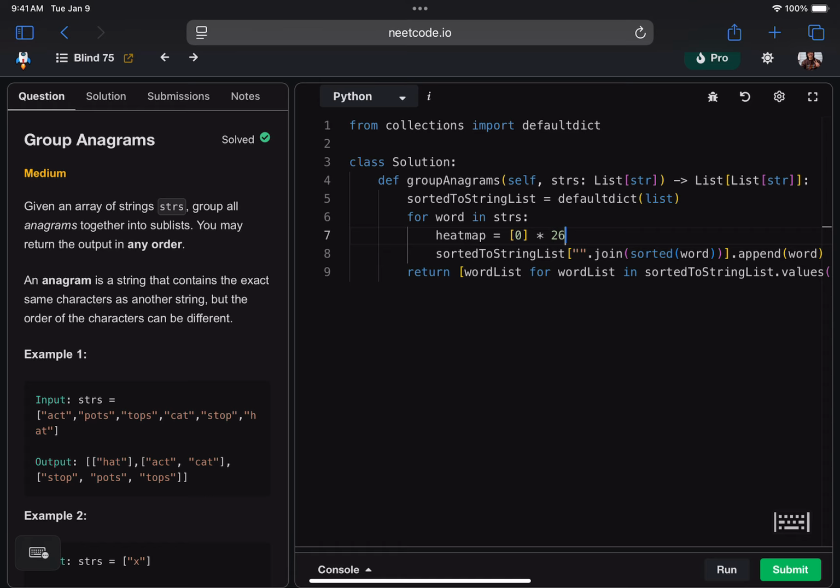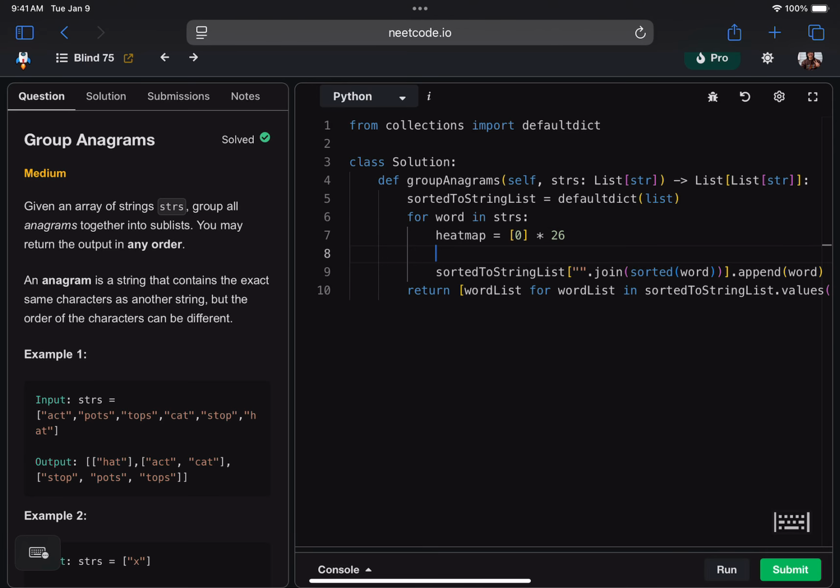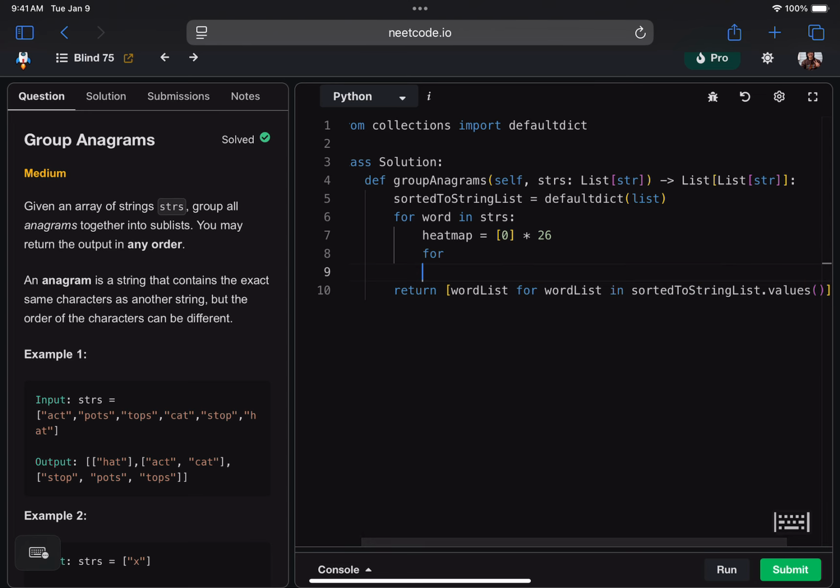Yeah. So this other approach involves creating what we might call a heat map. And basically, this is just keeping a count of how many times each letter shows up. So obviously, before we've looked at the string, we'll start all the counts at 0, and it's 26 counts. And then what we can do is say, for each, in fact, let me erase this real quick. So for each letter in the word,